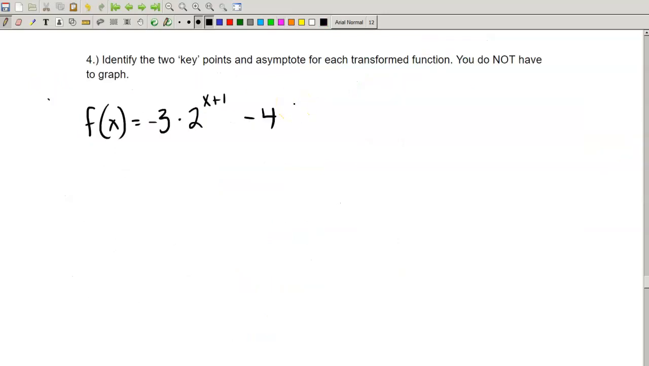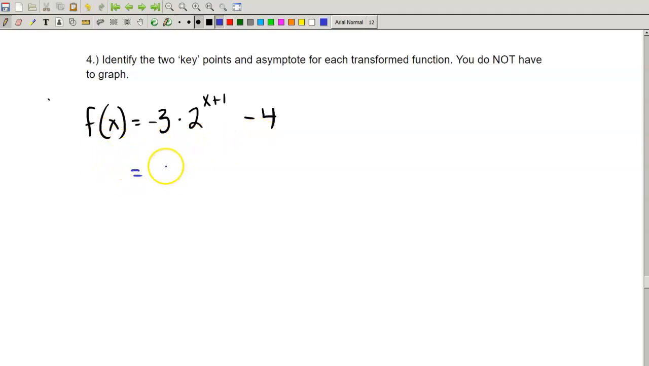All right, I want to look at one last problem that I saw in your homework, which is very much similar to the graphs that we just did, but it doesn't involve actually graphing, but just doing that process over. So in this problem, it says identify the 2 key points and the asymptote for each transformed function. You don't have to graph this. So just going through the same process here,